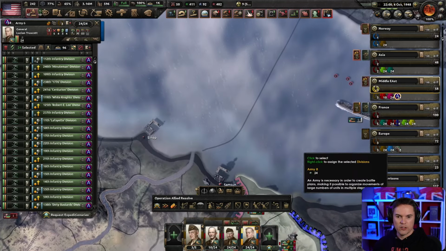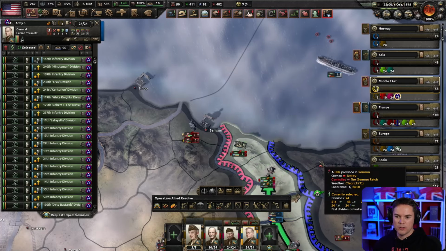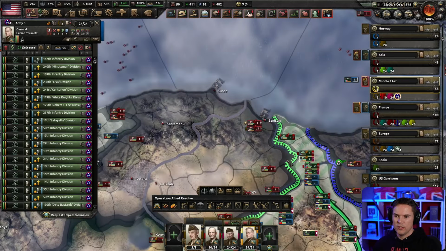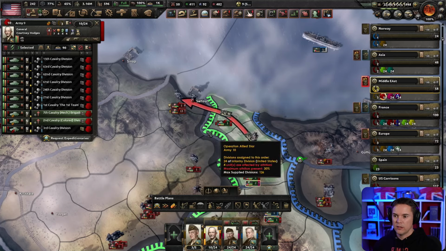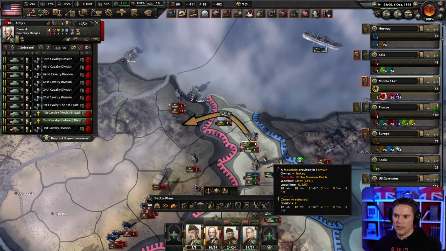What we would like... Oh, I haven't finished it off. God, that could have been devastatingly stupid. What I would suggest we do is try and push the tanks quickly. Oh, let's get them over there, actually. Let's get across there, and then...